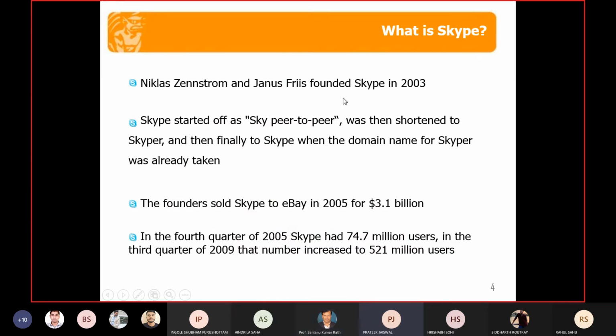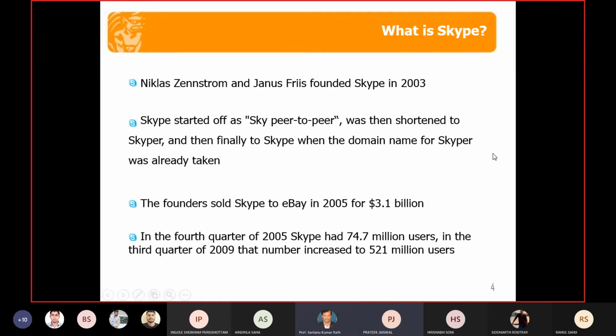So who founded it? Skype was first founded by Nicholas Janstrom and Janus Fries in 2003. Skype started off as Sky peer to peer, then to Skyper, and then finally to Skype when the domain name for Skyper was already taken.